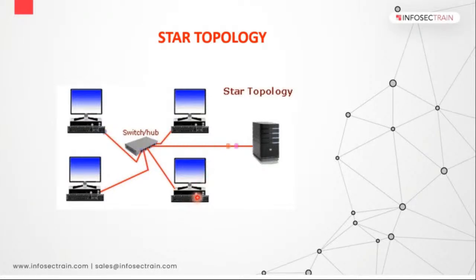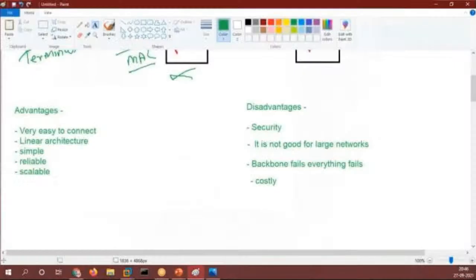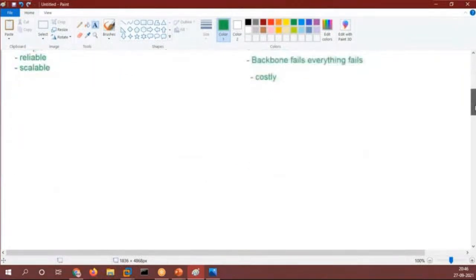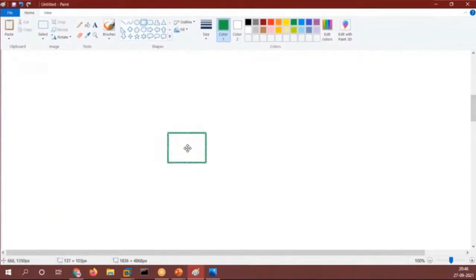And the data will reach this PC, right? So what if, let's see over here again. We have this. Let's say these are the devices.